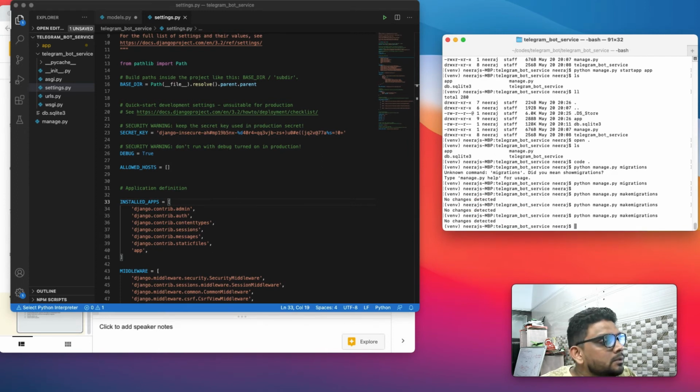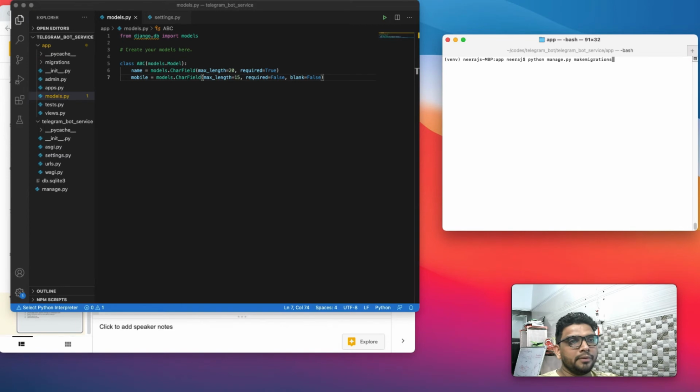Oops, it still has not detected. And let's see if it has detected the change.